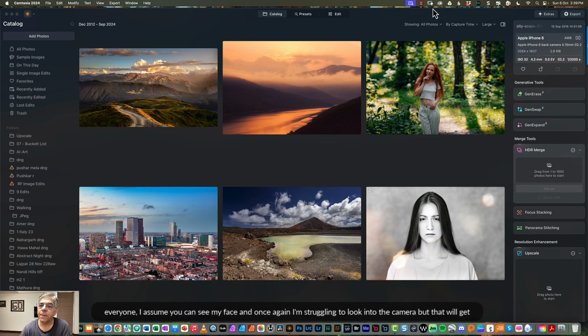Hello, everyone. I assume you can see my face, and once again, I'm struggling to look into the camera, but that will get better. So, I'm going to take you through two more edits of natural light portraiture in Luminar Neo,